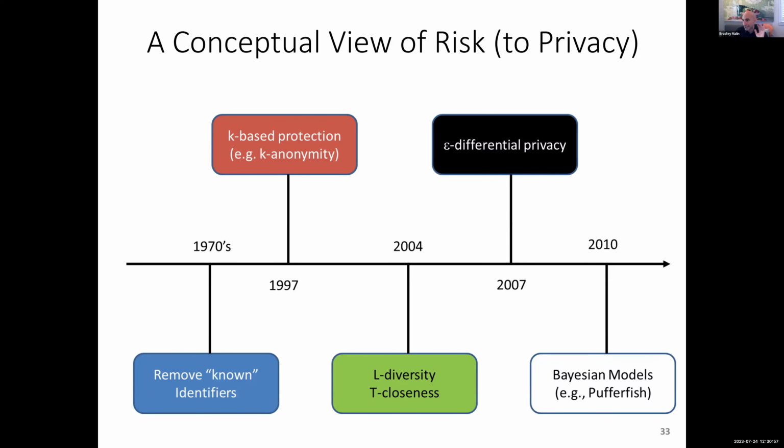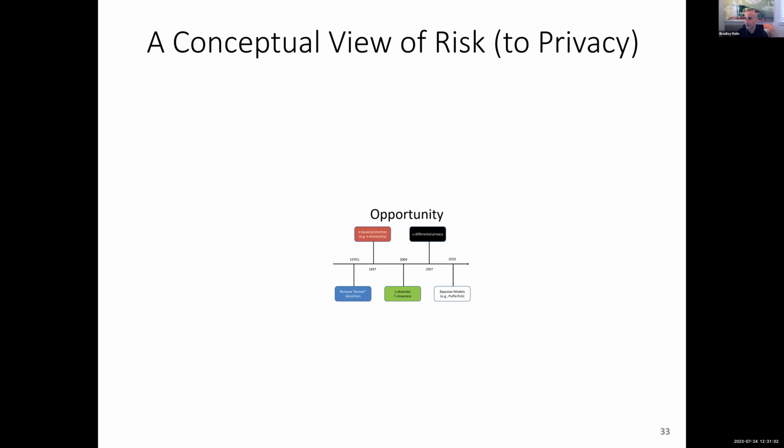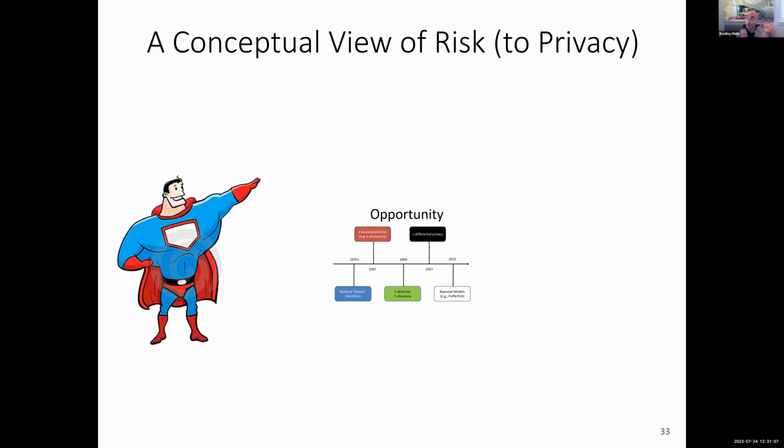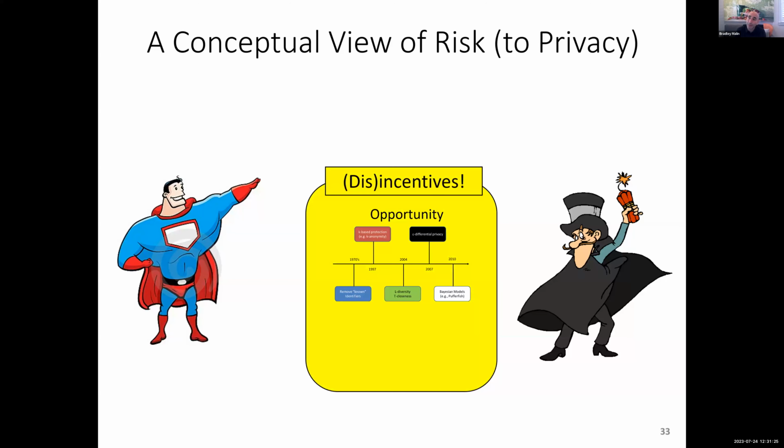What I'm going to tell you right now is I actually don't care about any of this at the moment, because I think all of these are just data-based controls. When we start talking about risk analysis, we think of an organization that wants to share data, like we have in All of Us, and then potential users of the data, many of which are good, many of which have no ill intent, some of which may have some ill intent. We think of this as a two-body problem. If I manipulate the data, that's one type of disincentive, but I could do many other things, as I alluded to before.